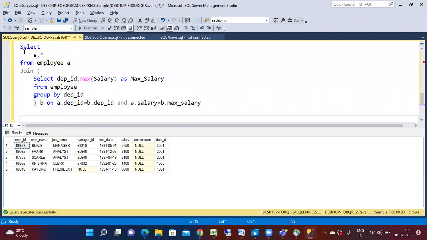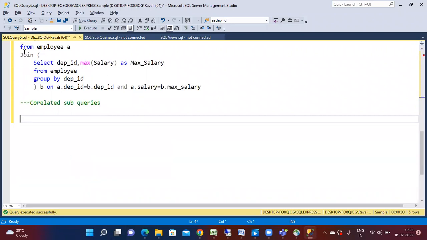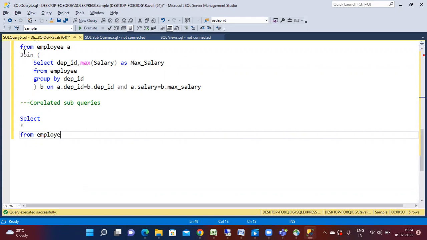But here our requirement is what? We need to do it through subqueries, correlated subqueries. How this can be done: select star from employee where salary equals to